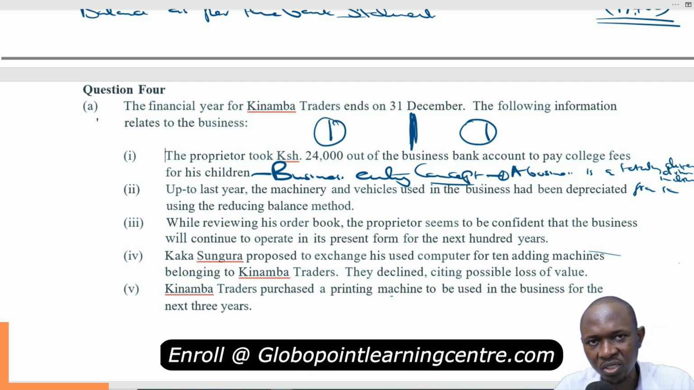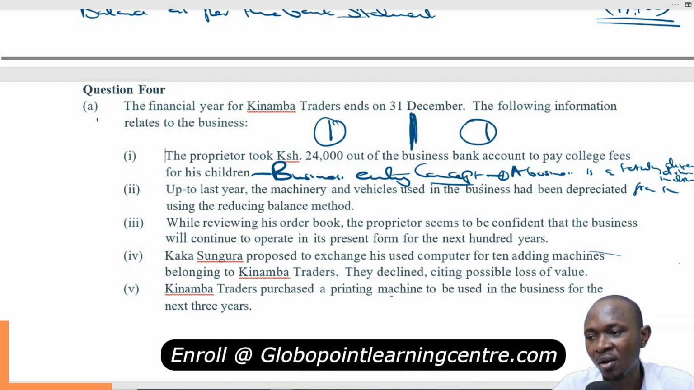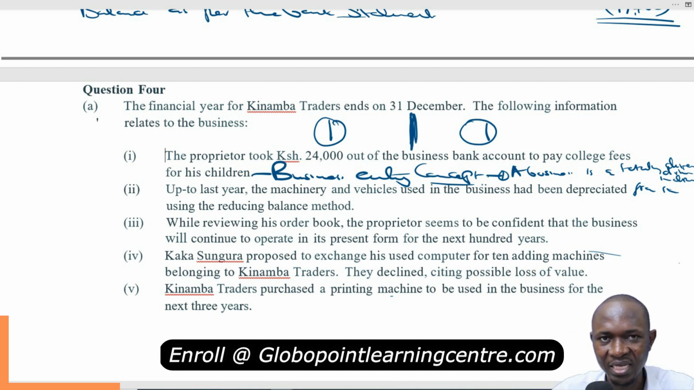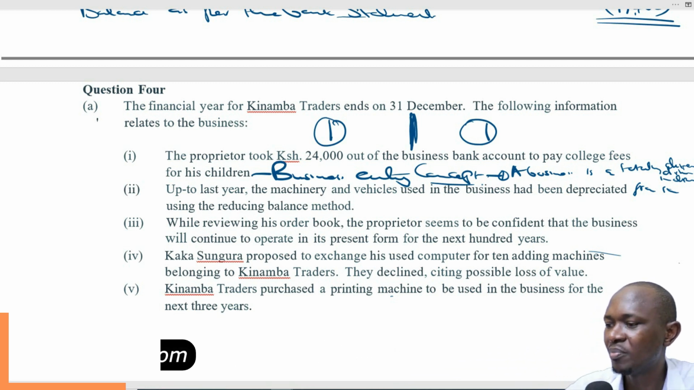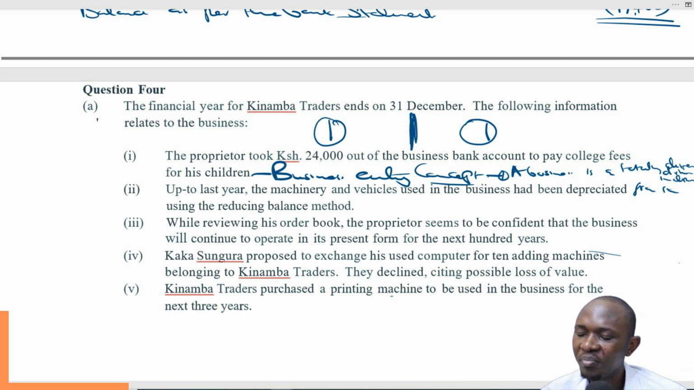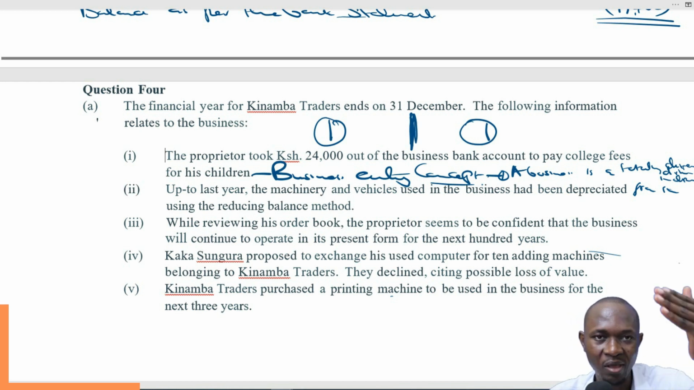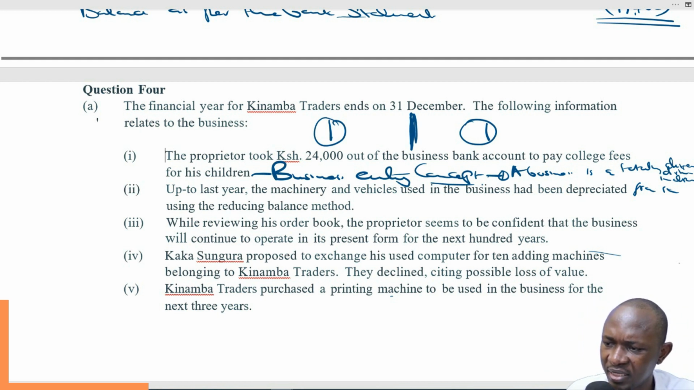What is business? We treat it as business. What is personal? We treat it as personal. So we cannot bring the two together. That is the business entity concept. So if the proprietor takes 24,000 out of the business bank account, then we have to treat it as such, that he has actually withdrawn from the business for his personal use. We have to show that money has exchanged hands from the business to him, and that is the business entity